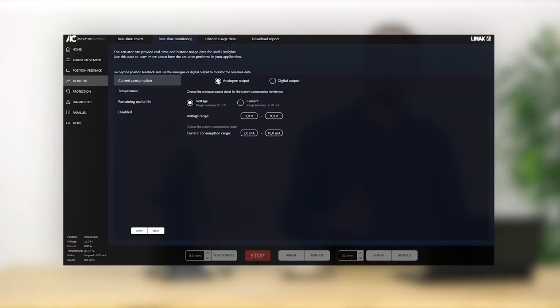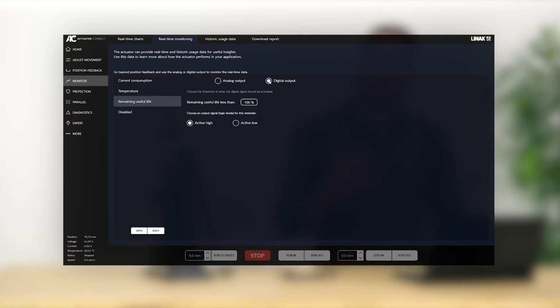It's up to you to decide how you want to use that information, but it could be used to raise a flag on the PLC to inform a service technician that the component is worth an inspection. As previously mentioned, you can also use analog output to monitor current consumption or temperature. In this case, you can get a real-time view of the exact values presented as either a 0 to 10 volt or 4 to 20 milliamps signal. By monitoring this signal over time, your PLC logic could identify abnormal behavior, which could lead to preventative maintenance.